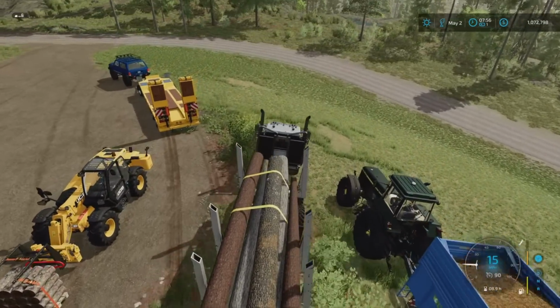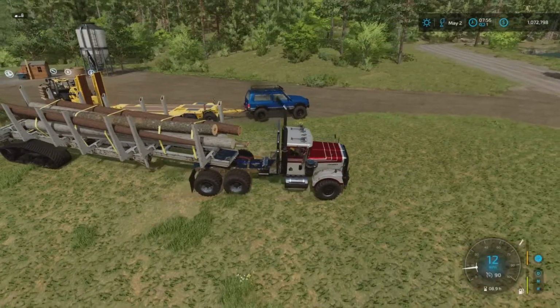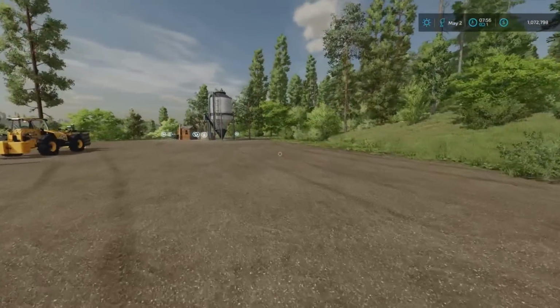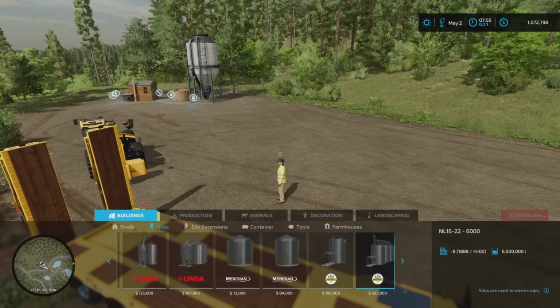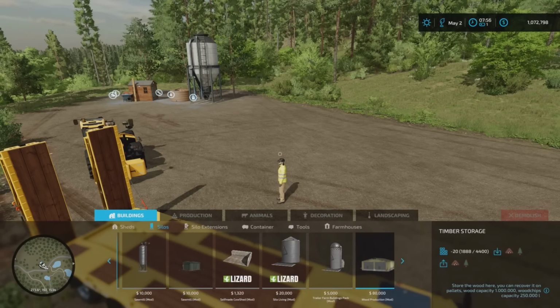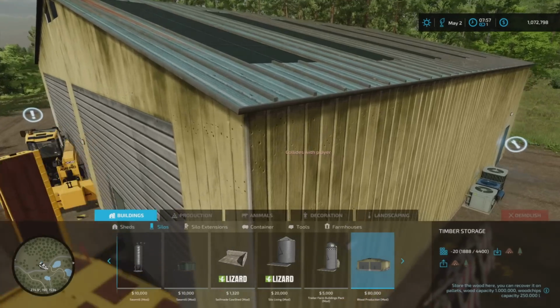I suppose what I could do... because it will grab the trailer, so that's probably not the best idea. But anyway, what I'm going to do is over here, I think, if I've got enough room, if I go into here and to silos, I think it's in the silos. Where was it? That one there on the end. It's 80 grand, but that will do 1 million litres of wood and 250,000 litres, but like I say, it's